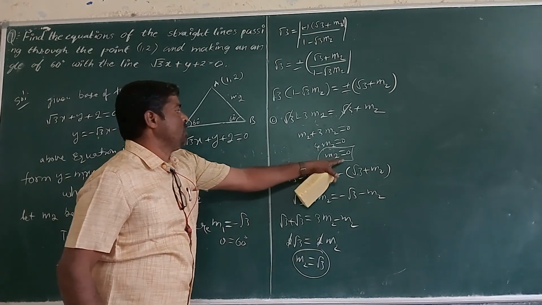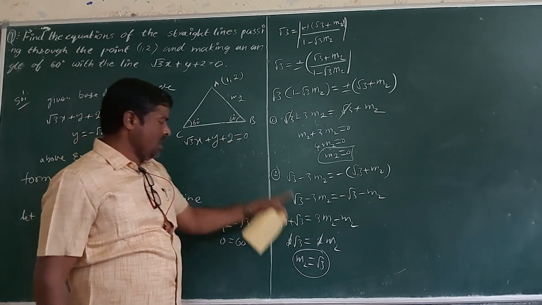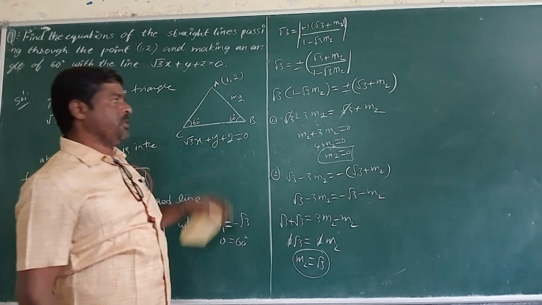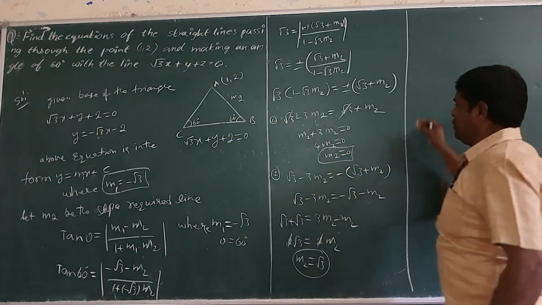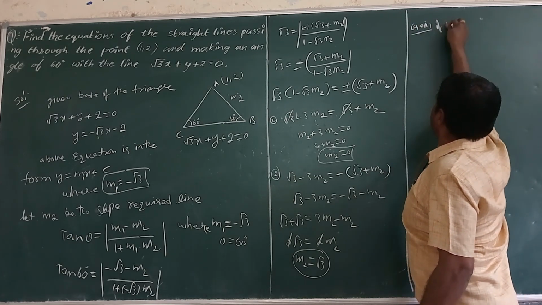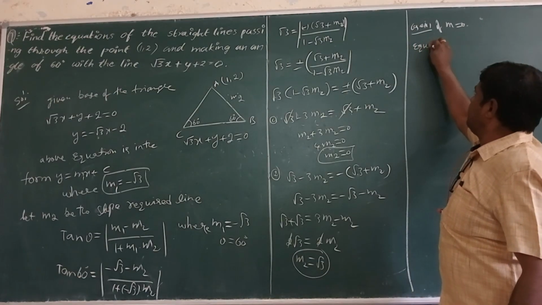So m equal to 0 passing through the point (1, 2) gives one line equation, and m equal to root 3 passing through the point (1, 2) gives another equation. These are the two sides. Here, case 1: if m equals 0, the equation of AB